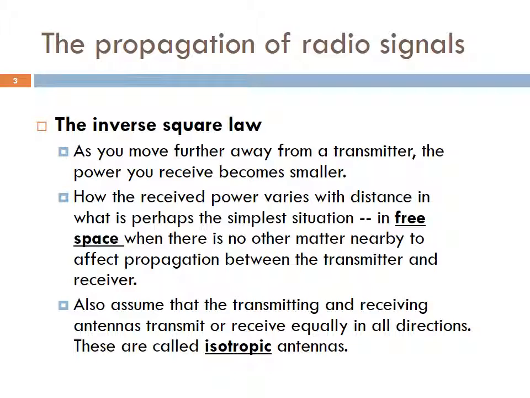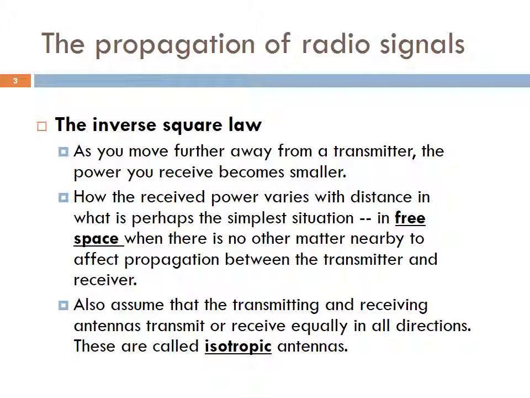In this part, I am going to consider how the received power varies with distance in what is perhaps the simplest situation: free space, when there is no other matter nearby to affect propagation between the transmitter and receiver. I shall also assume that the transmitting and receiving antennas transmit or receive equally in all directions. They are called isotropic antennas. Radio waves emerging from an isotropic antenna also travel at the same speed in all directions, but the difference is